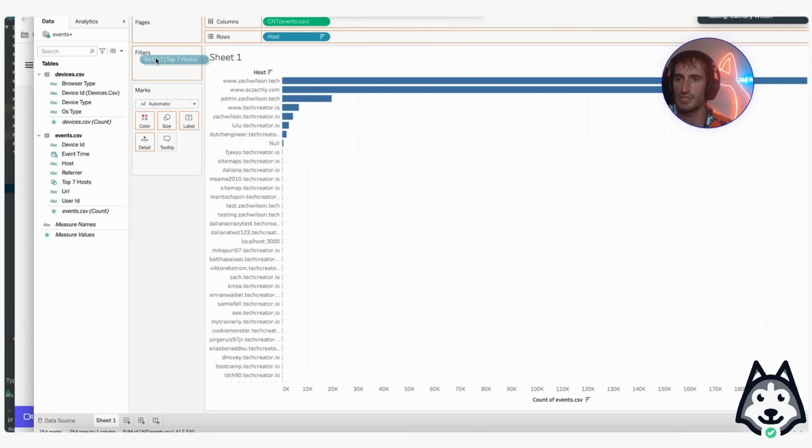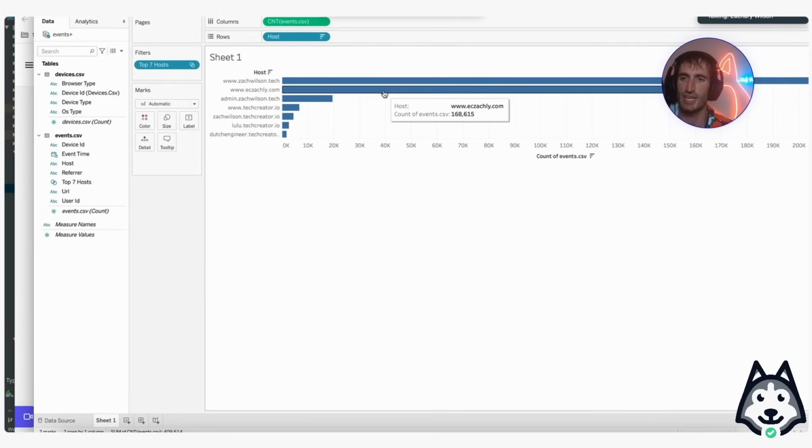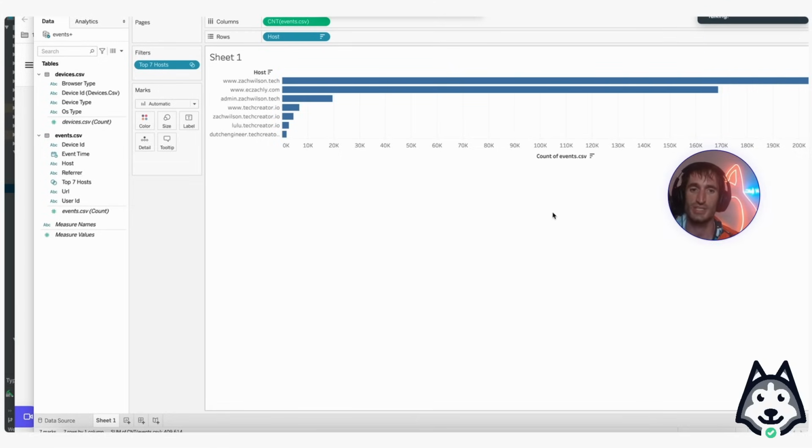So now we just have the top 7 hosts. And so this is probably a nicer list of things to look at. One of the things that is pretty cool about this is it actually has way more dimensions in it than you would expect. For example, this chart's kind of interesting, but one of the things